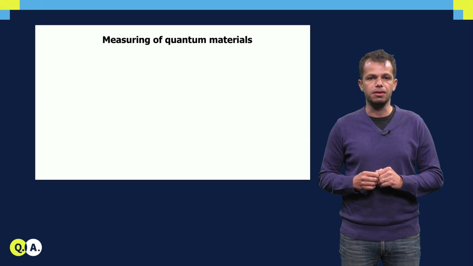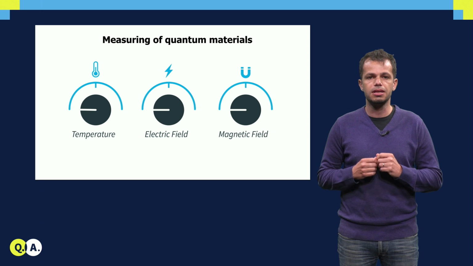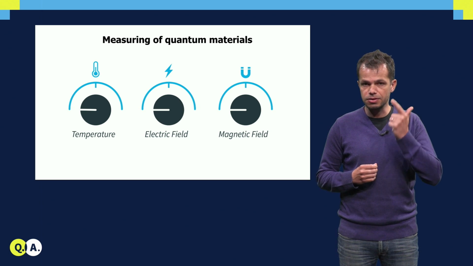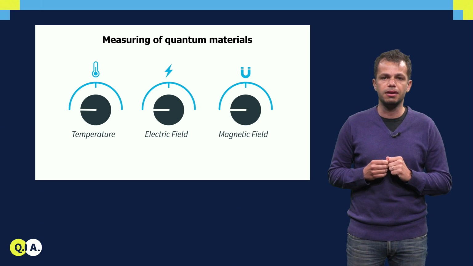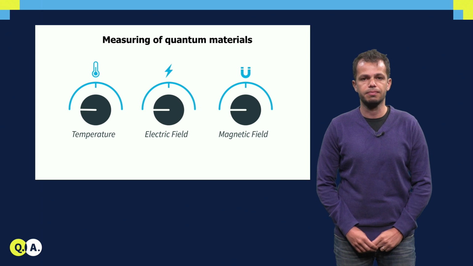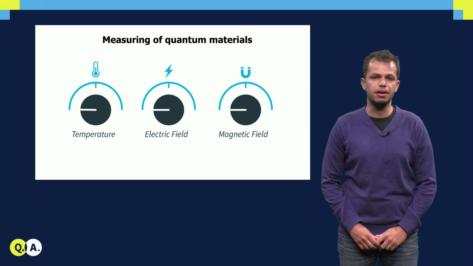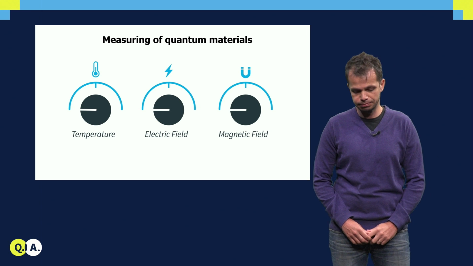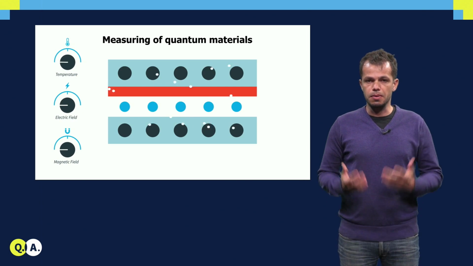Once we know what the material we made looks like, we usually study its electronic properties by modifying them with external parameters. Temperature, electric fields, and magnetic fields are the few knobs that we turn in our labs to probe quantum materials. And these studies provide useful feedback to make the material a better environment for the qubits. Take, for example, the silicon heterostructure we mentioned earlier.